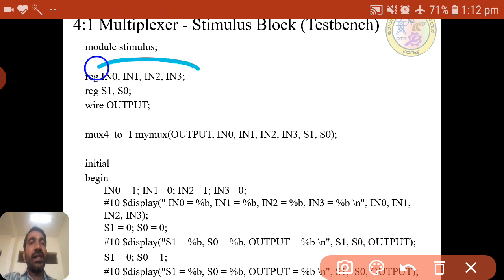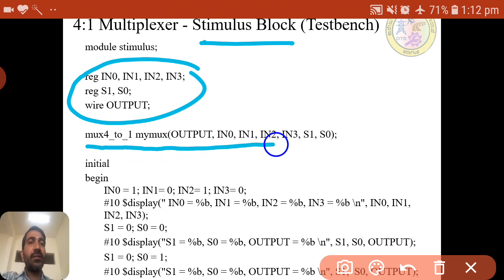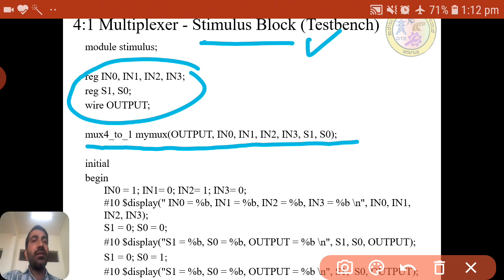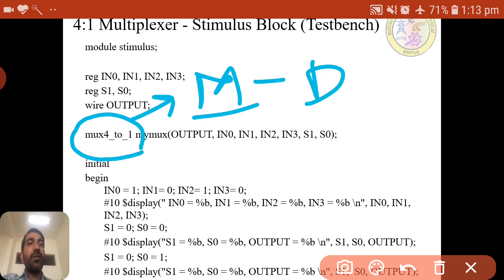After declaring the inputs and outputs of the design block, which act as intermediate signals for the stimulus block, we need to instantiate the design block, meaning the module name: for which module we are writing the test bench, for which module we are giving the inputs. This is the name of the module we have written for the design block, mux_2_1, and that we need to write.